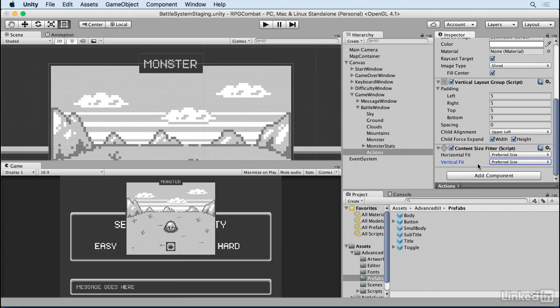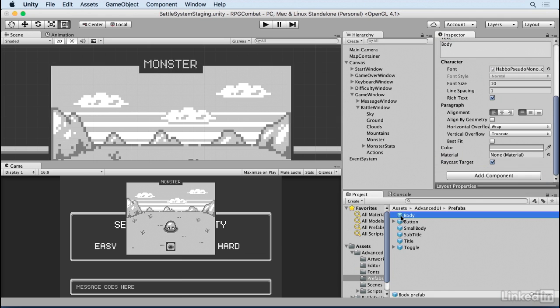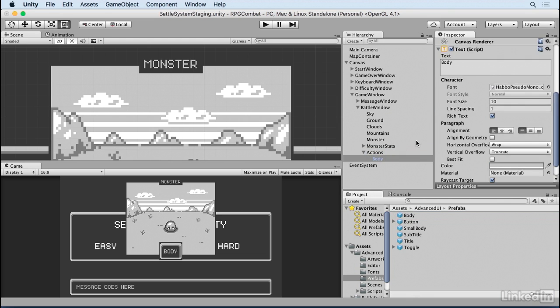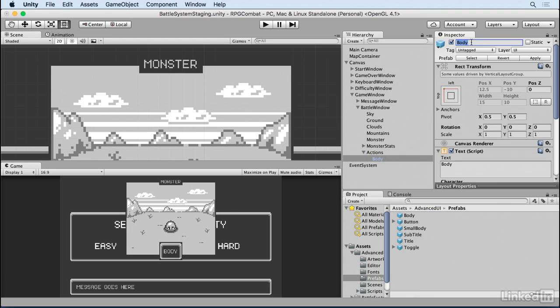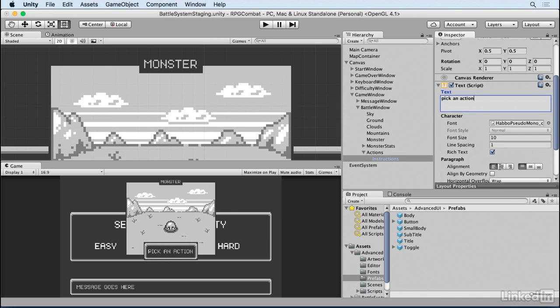Now that our layout is set up, let's go ahead and drag the body prefab from our Advanced UI Prefabs folder onto the Actions game object. We're going to call this Instructions. And inside of the text, let's write Pick an Action. We'll also want to make sure that this is center aligned as our Actions game object expands out when we